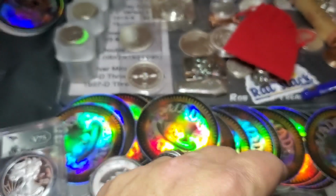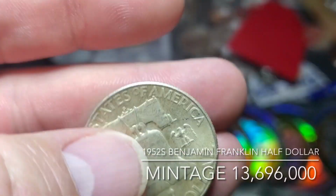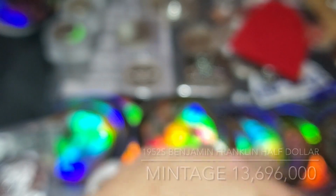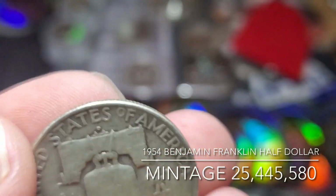3,900,600. I got a 1951 S Benji, mint marks there above the bell. 1951 S Benji, that's 13,696,000. 1954, that's a pretty good one. D,